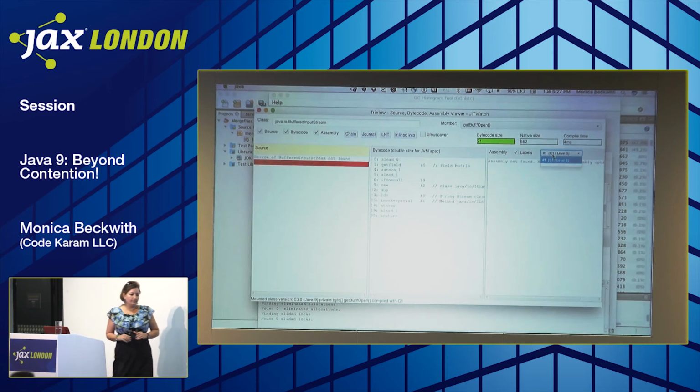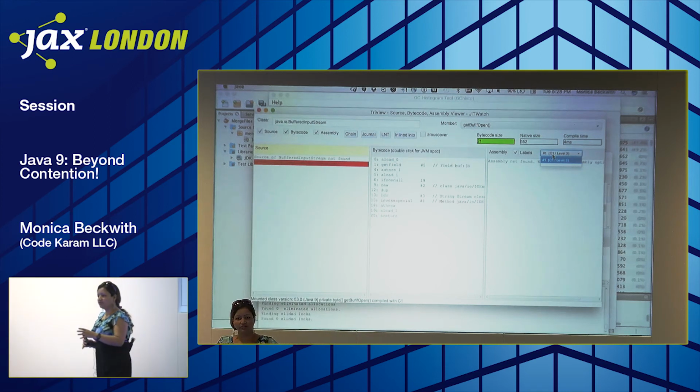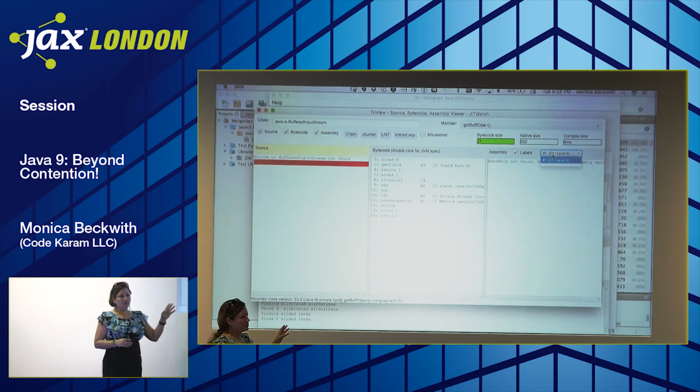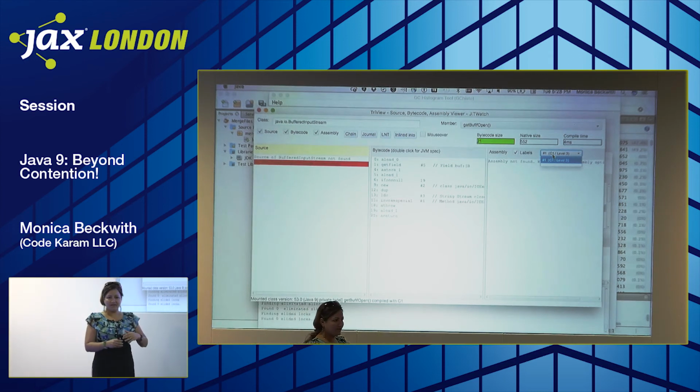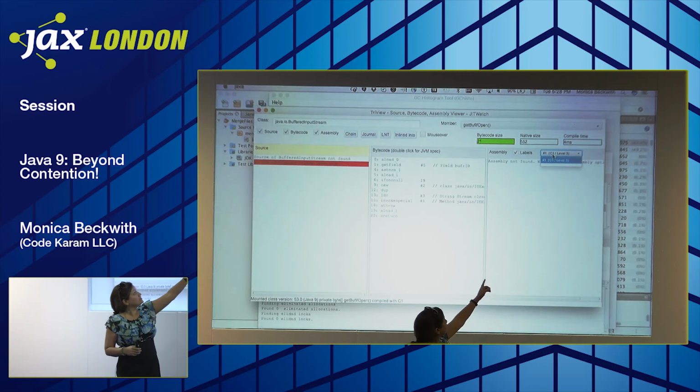So with, I think, JDK 7 update 40 or maybe JDK 8, tiered compilation was enabled by default. What that means is that your method can be compiled at different levels. Eventually it goes to a higher optimized level, and you can see those over here.